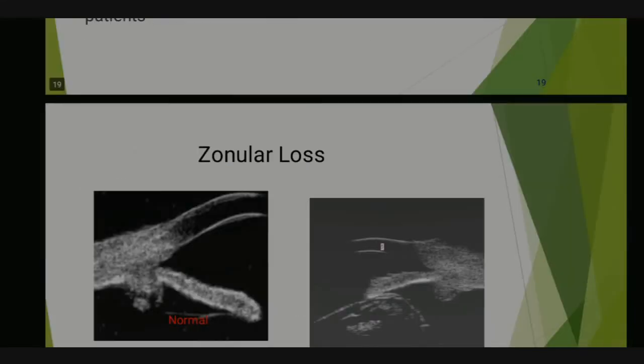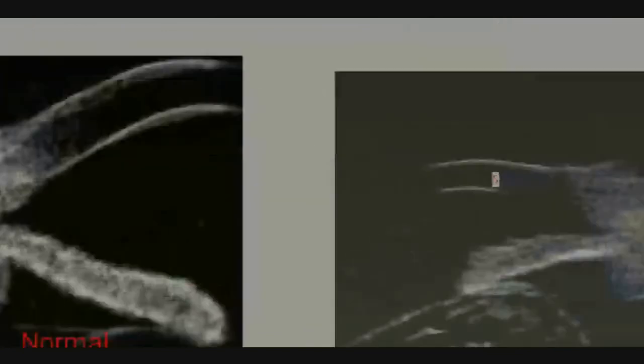Here I showed you the zonules, right? This is a complete zonule loss image. Above the normal, you can see one straight line. This is how zonules will be visible. When the zonules are normal and intact, it will be like this. And here you can see loss, so totally it will not be there. In cases of SPAS, you can see zonules just hanging here and there. This is complete loss of zonules in this particular quadrant, these particular clock hours.